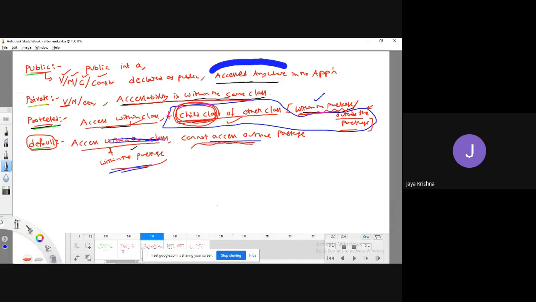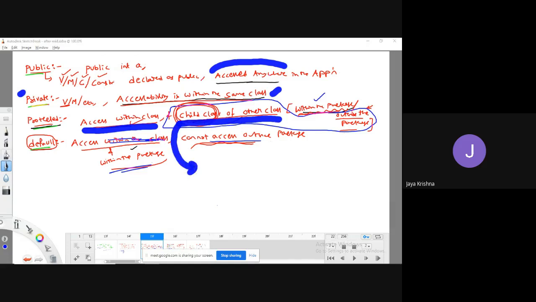If I declare the modifier as private, we can access within the same class only. If we declare it as protected, we can access within the class. Along with that, we can access child classes of other classes.